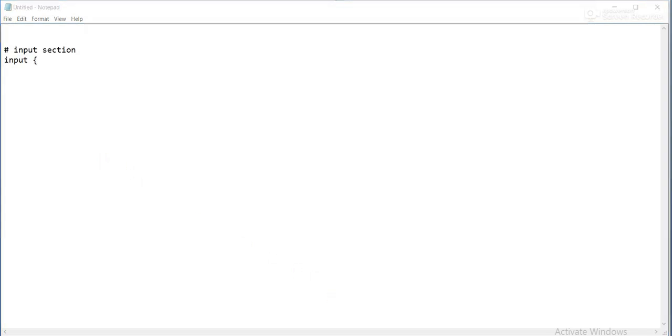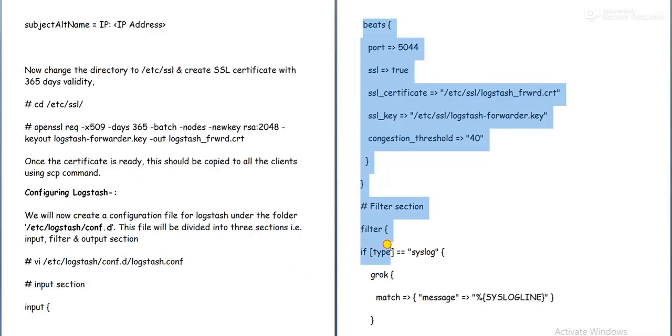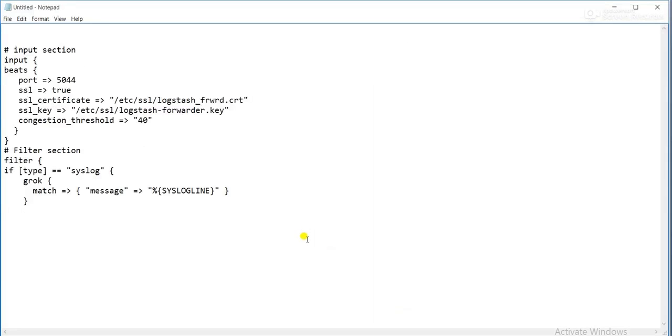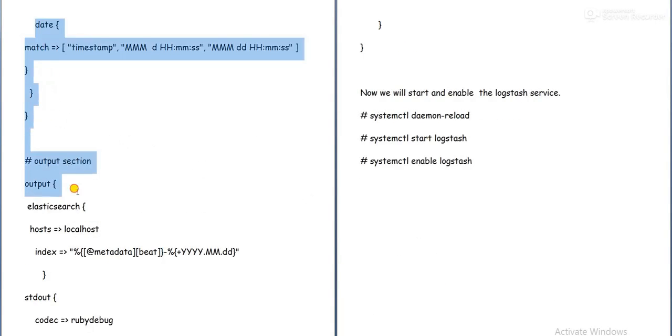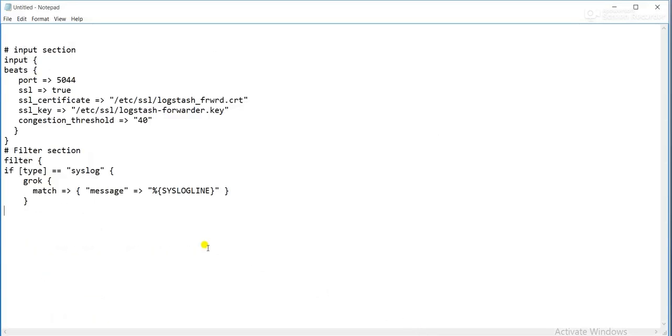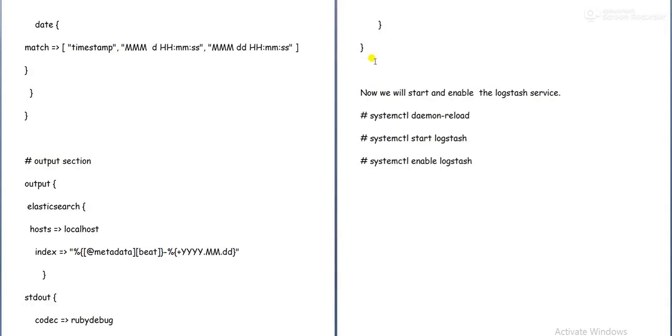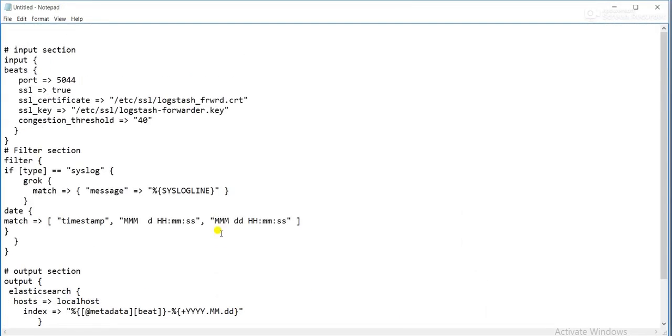I just copy from this to this, up to the last two curly braces. You can see the input section, filter section, and output section for Logstash.